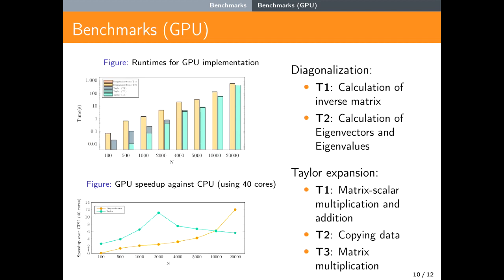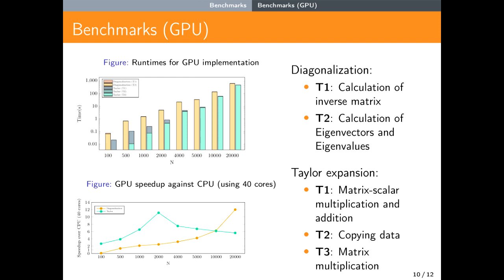Our benchmarking results on a GPU show that the algorithm using Taylor expansion is very well suited for GPU architectures. This is not surprising, since a large part of the execution time is spent on matrix multiplication, and this operation is very efficient on a GPU. The algorithm using diagonalization performs very well for large matrices. We obtained a remarkable speedup with both versions, compared to the CPU version using 40 cores,